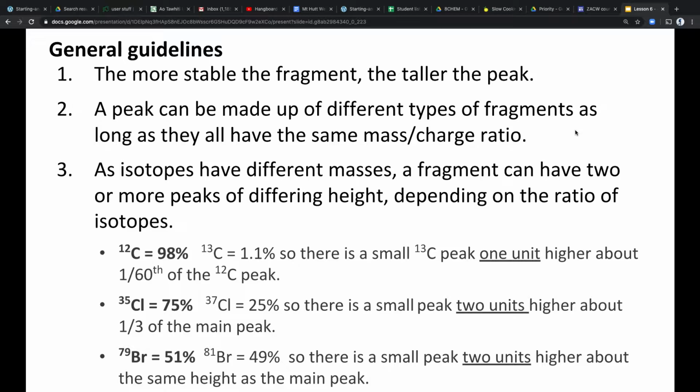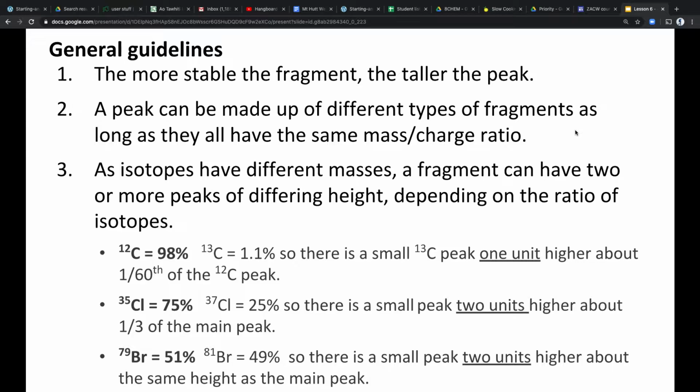Now, bromine's the 3rd type of isotope we're going to look at. So we have carbon, chlorine, and bromine. And bromine's isotopes exist in roughly a 1-to-1 ratio, 50% of each. So the peak heights should be roughly the same height. Cool. And the other thing to notice is that bromine is super freaking heavy,